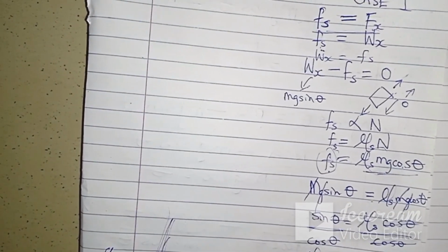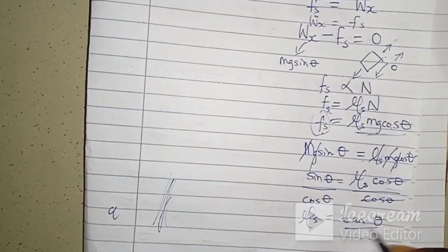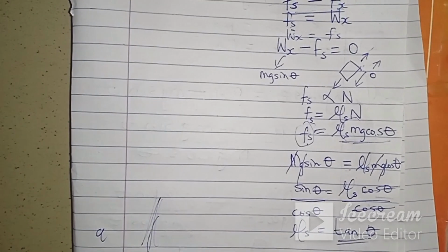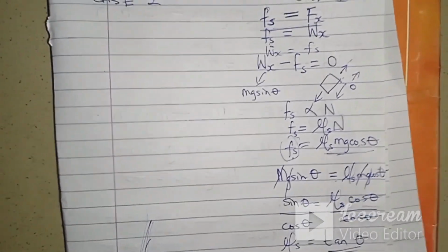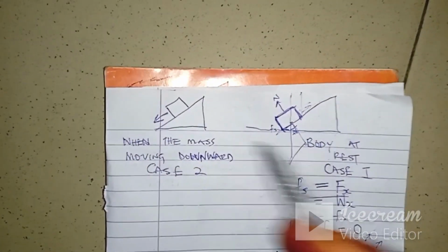See, the coefficient of static friction is equal to sine theta over cos theta, which is the same as saying tan theta. You see it? So you need to note that. So that is for case 1. For case 2, which is what I have here, if this body